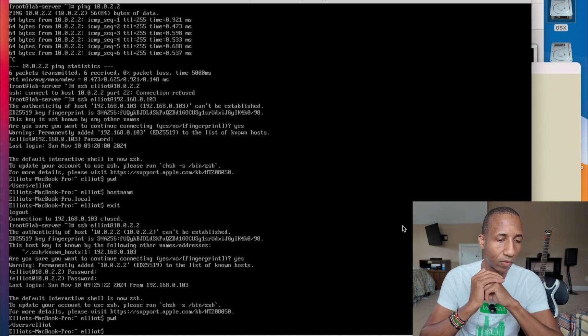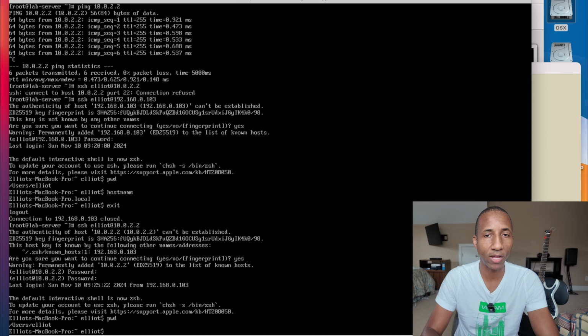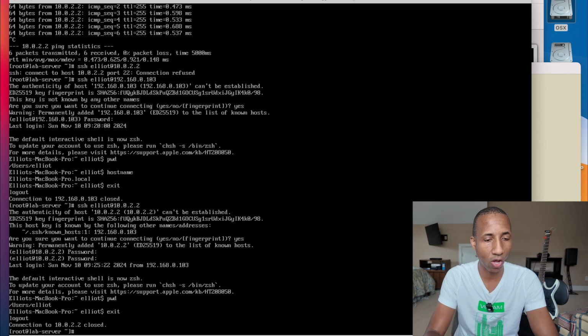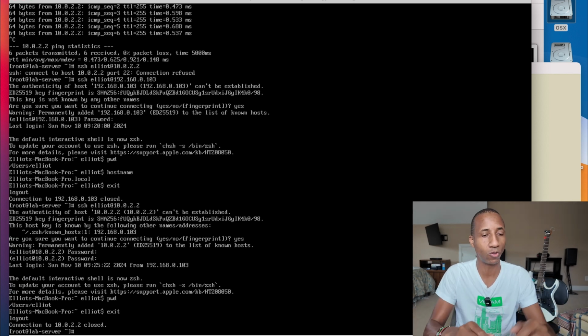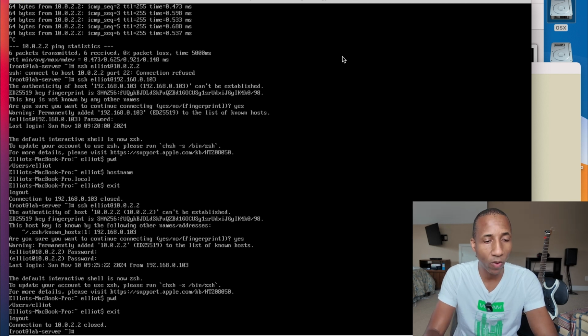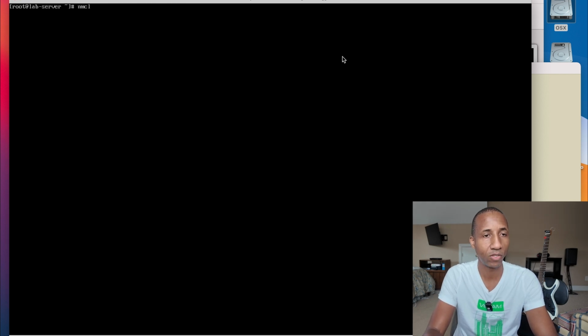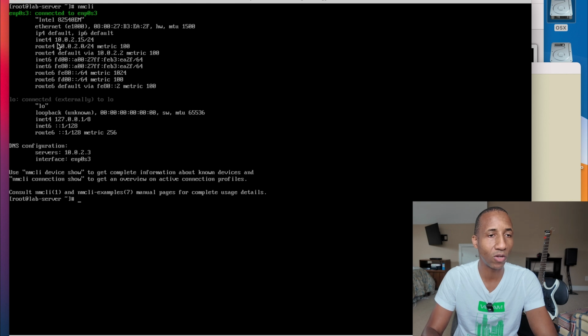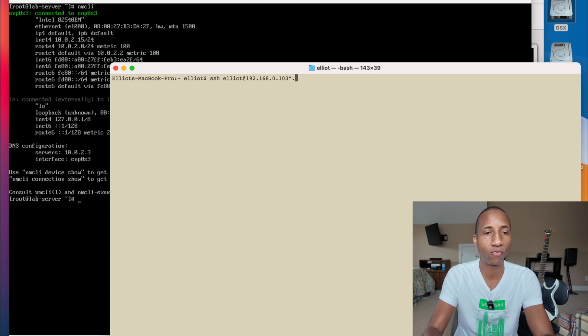Okay, cool. All right, so as I showed you, you can log in to your host system from the virtual machine. Now, can you do it the other way around? NMCLI. Remember, this computer's IP address is 10.0.2.15. So from my Macintosh computer,